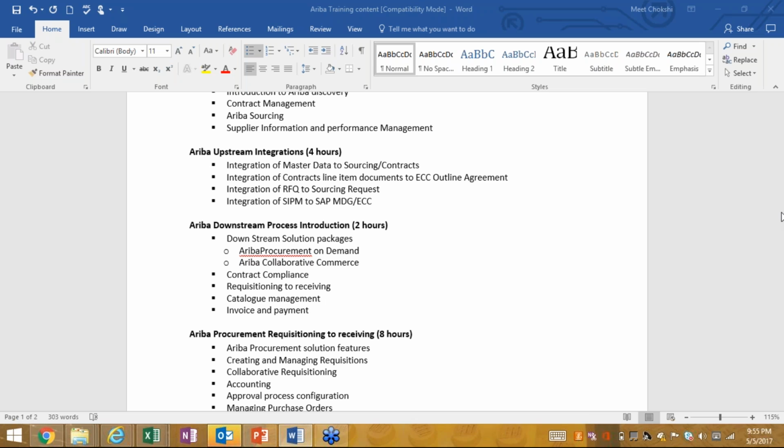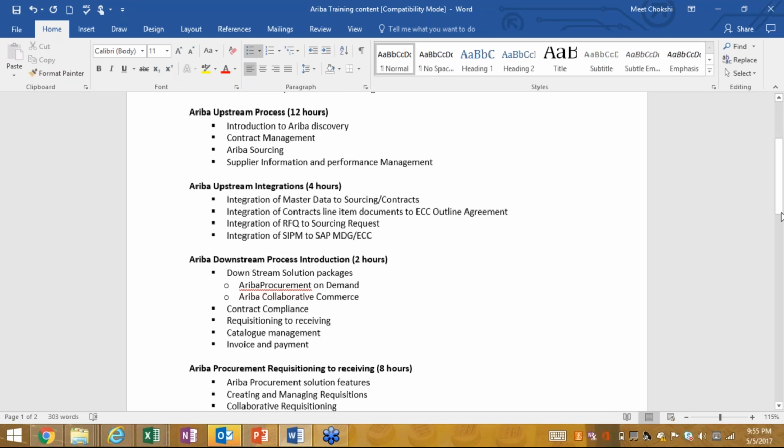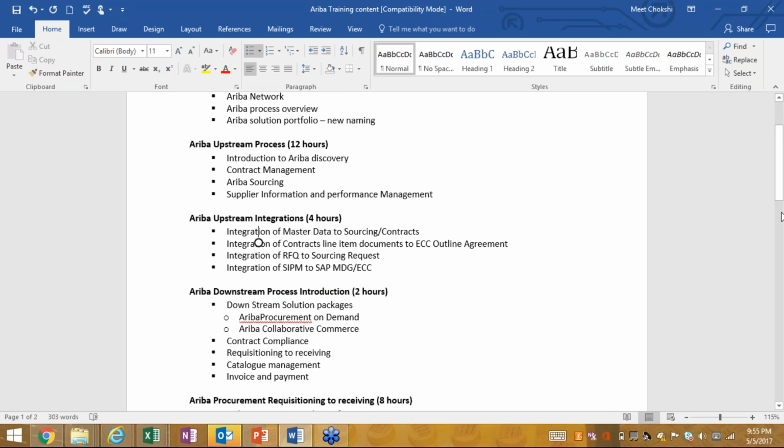Right. If you see the cloud applications, for example, if you go to traininghub.sap.com and search for SuccessFactors, I think SuccessFactors has 20 certifications. Similarly, Ariba also has multiple certifications. Right now they have 4, but we will also see certification for SIPM in future. We have Ariba Network, that is the missing part.